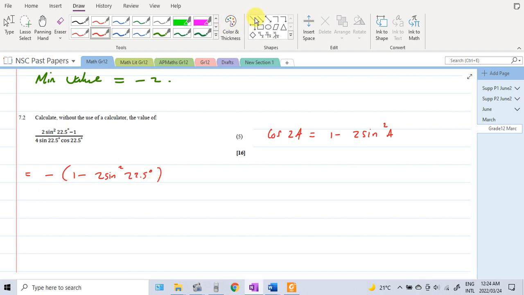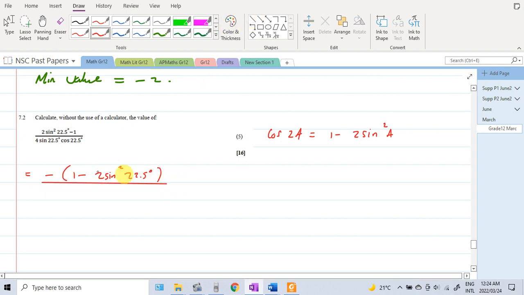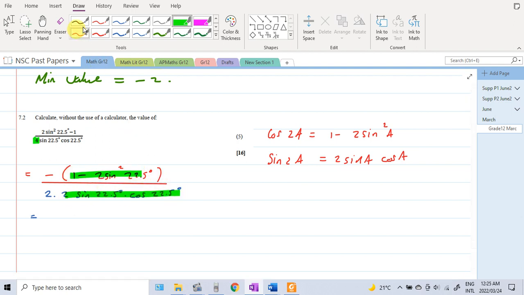Now the 4 sine, you can see 4 sine 22.5. Now remember, what is sine 2 times angle? It is 2 sine of the angle cos of the angle. So now you see you got a 4 there, right? Since you got a 4 there, you can break up the 4 into 2 times 2 sine 22.5 times cos 22.5 degrees. Now we can group these up, that one and that one. That's cos double angle, double the angle here, 22.5. So negative cos 45 degrees